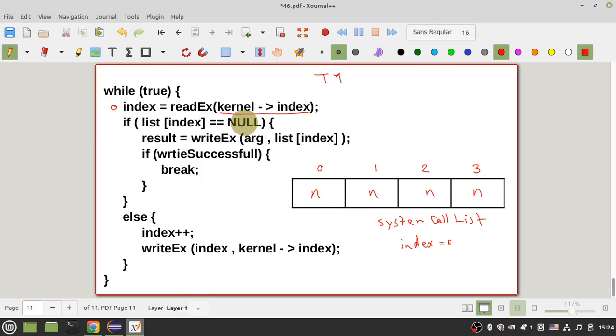If it is null, thread 1 at this time wants to write its argument in this element, but assume at this point you have a context switch, okay, after checking this element, okay, and the RTOS jumps to thread 2, okay,